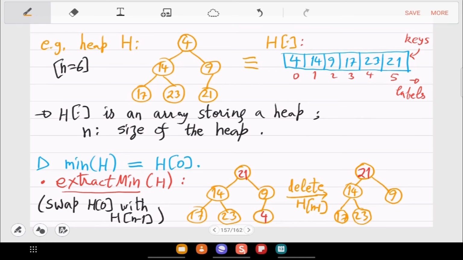So the time will be how much? The height, right? So the time, as we have seen with BST and red black tree, will just depend on the height of the tree. And the height you can see is how much? Yeah, that comes from this formula, this 2 raised to L minus 1 formula, or 2 raised to L formula. So that is around n. So the levels are only log. Okay, so this is what you will be using.